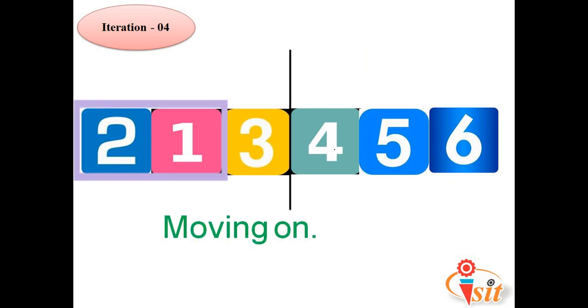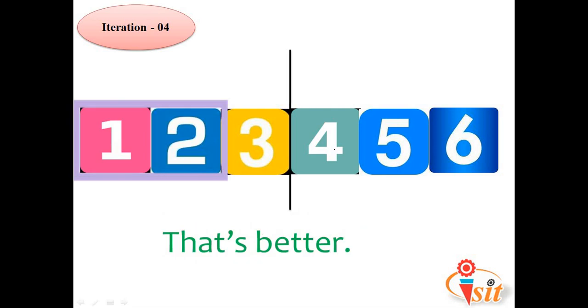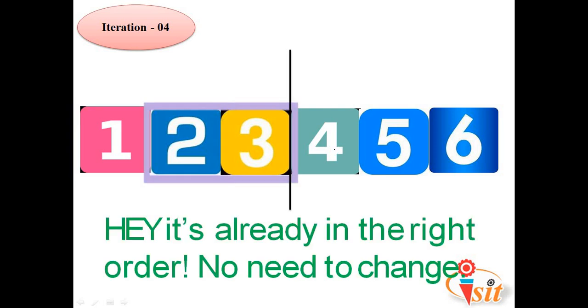Now the remaining elements like 2, 1, 3, here we will consider the first one, that is a 2 and 1. So the first number is 2, second number is 1. Again here the first number 2 is greater than second number 1. In that case we need to do the swap. Like 2 is going to be replaced with the 1, 1 is going to be replaced with the 2. Afterwards we will go to the next one, that is the 2 and 3. So the first element is 2, second element is the 3. So right now here no need to change because the first element is less than second element.